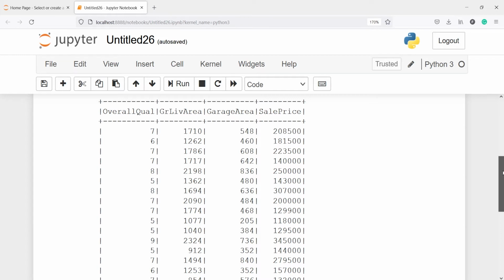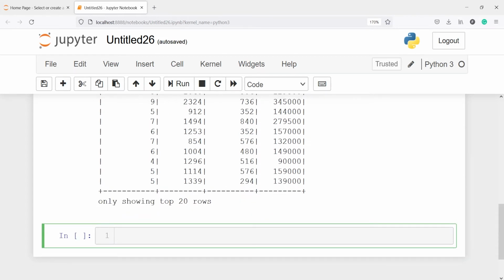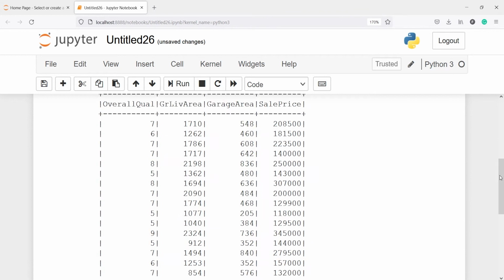Our new column will be twice the sale price. So let's do that. I will call our data frame df, then I will call the function withColumn, and this new column name will be, let's say, new sale price, and this will be the double of the original sale price.